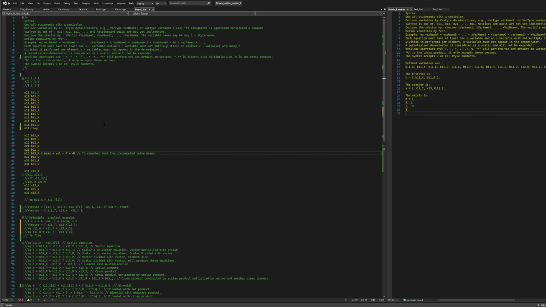They are also very useful, but this is not what this is. This is a symbolic solver. Anyway, this assignment is ignored and can be used as a comment to make it even easier to read. Okay, so this thing means this thing,